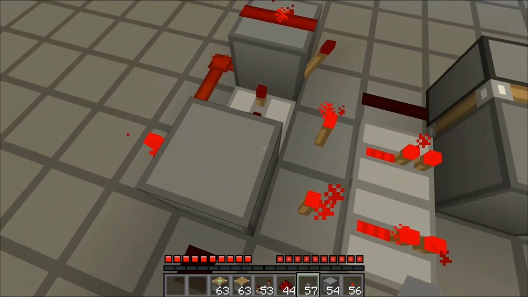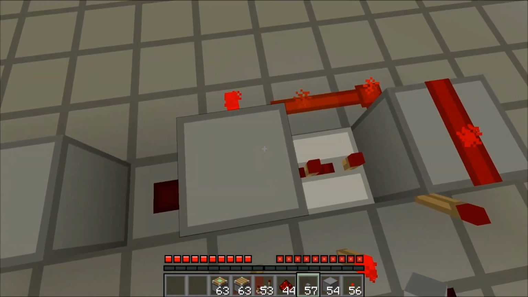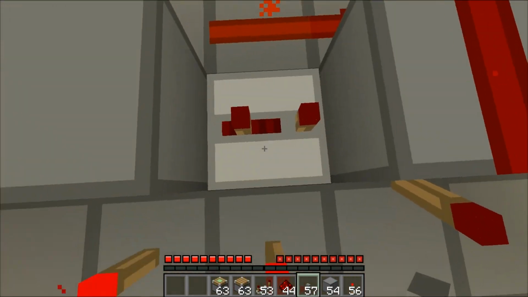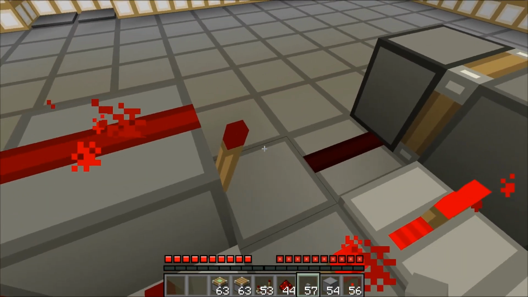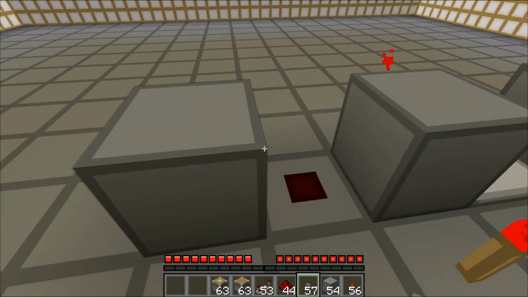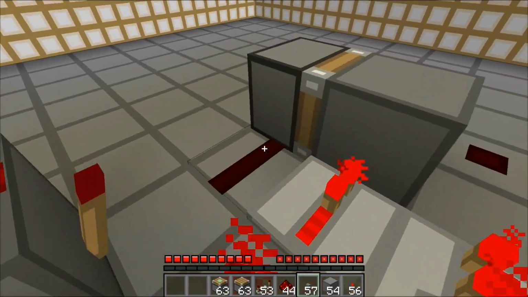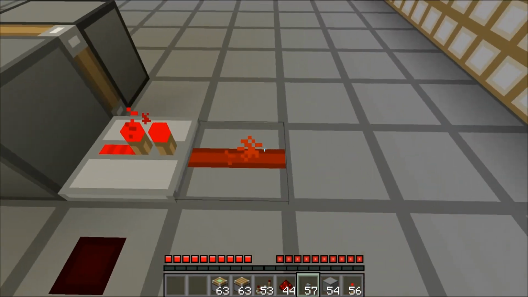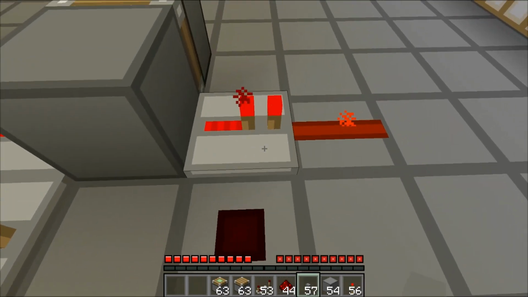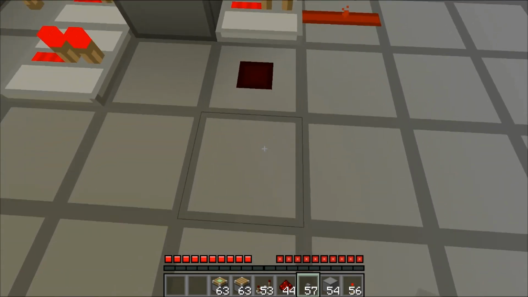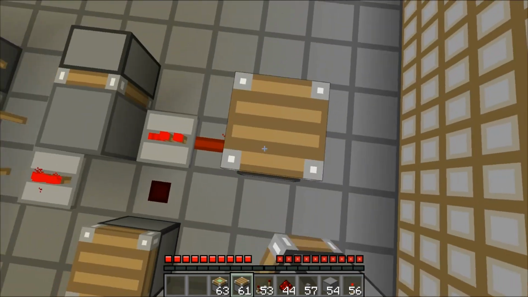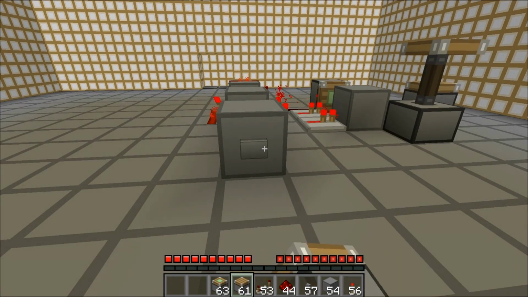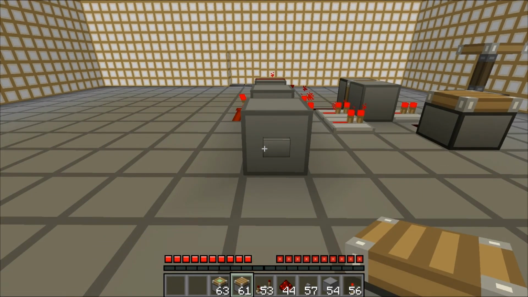But what's the rest of this circuitry? As you can see, this inverter will automatically turn off, allowing this inverter to turn on, powering up this piston. But then straight after, pretty much, this repeater will power and turn off this torch again, even after this button over here has stopped being powered. So that switches this around. Now basically these two here are just powering through, allowing energy to pass through. And this here is to stop these two lines interacting, pretty much. So I can just put one here, something here, and as you can see, it just toggles between them. This is really handy when you've got a light switch where you want to turn it on and off,